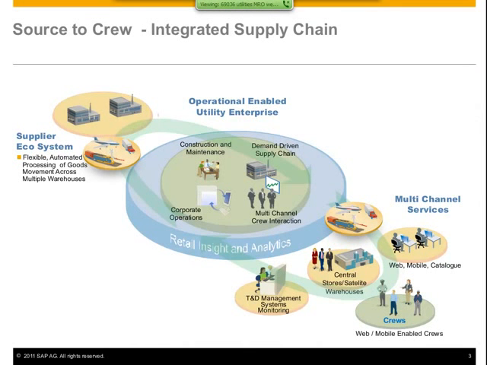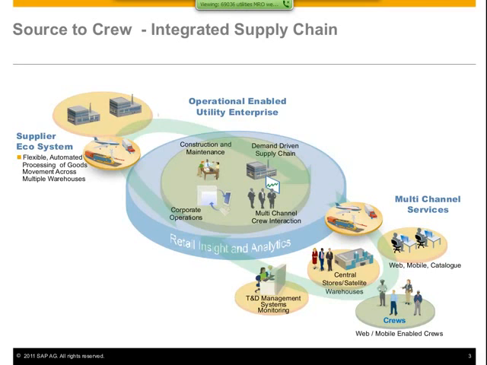So as I mentioned, SAP provides a comprehensive integrated supply chain management solution, from sourcing all the way through to the crews in the field. And whether that be a crew in a power plant, a water facility, or managing a transmission distribution network, we help you manage that entire value chain so that you always ensure that you get the appropriate part to the appropriate person at the right time. And as Rod mentioned, today we have one of our trusted partners, Westernacher, with us.